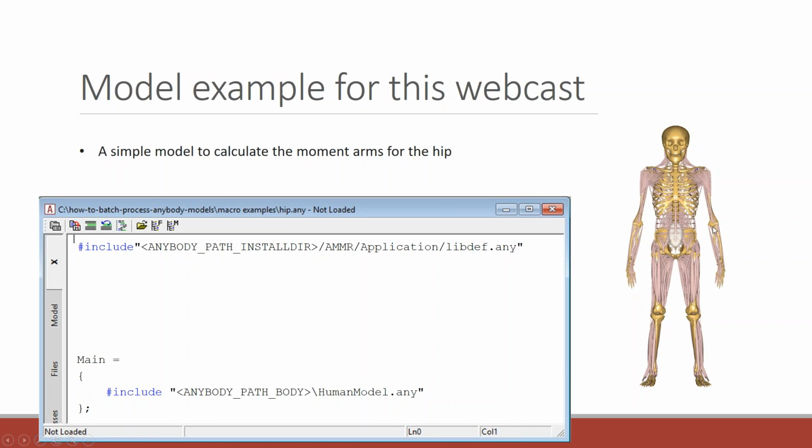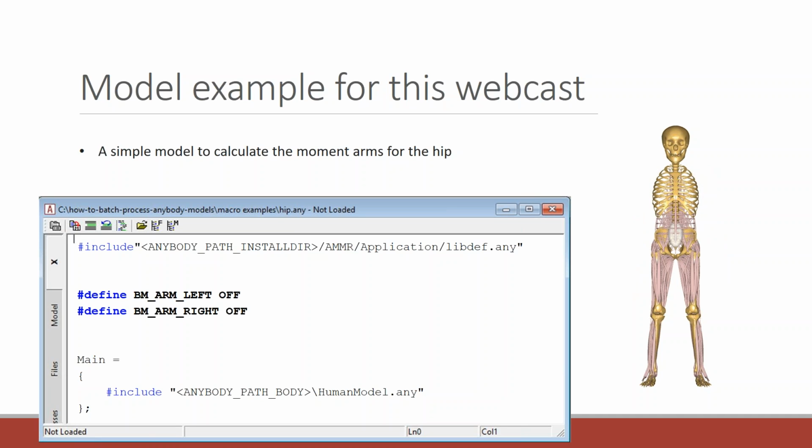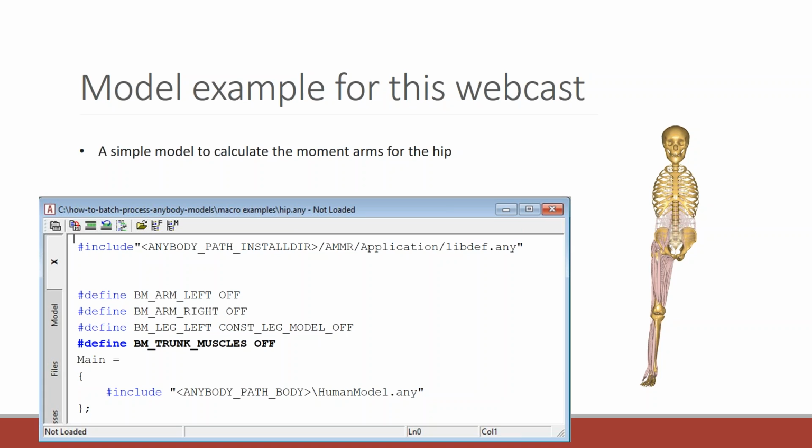But this model is maybe a little bit heavy for the examples that we're going to use, so we're going to create two define statements that turn off the arms, basically. And we're also going to turn off one of the legs with a define statement, and maybe also the muscles on the trunk. So doing this, we end up with a simpler model like this that only has the right